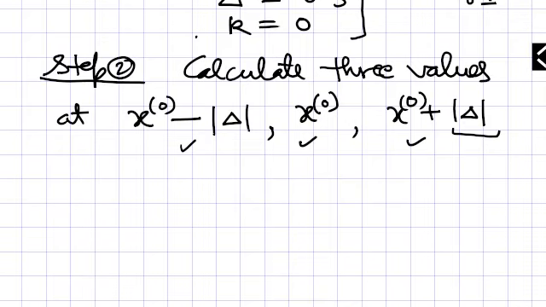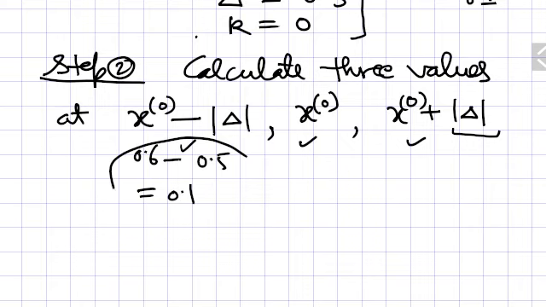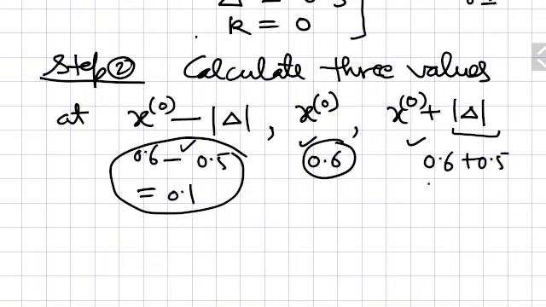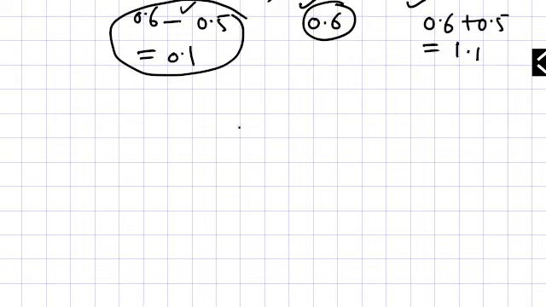So what we are doing here is, this is actually 0.6 minus 0.5, so this is 0.1, and this is 0.6 already, and this value is 0.6 plus 0.5, so it is 1.1. So what we are doing actually,